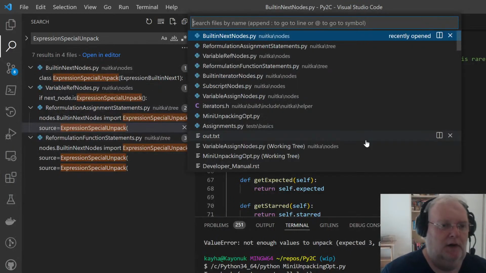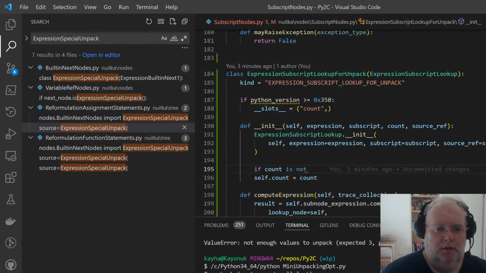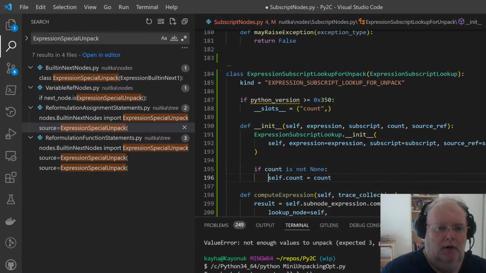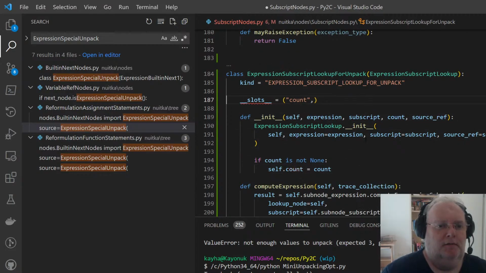So I'm confusing entirely different things. So subscript node, that's if count is not none. And I think due to slots. Let's not optimize this just yet.